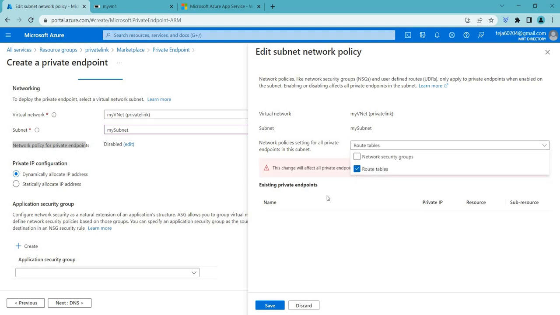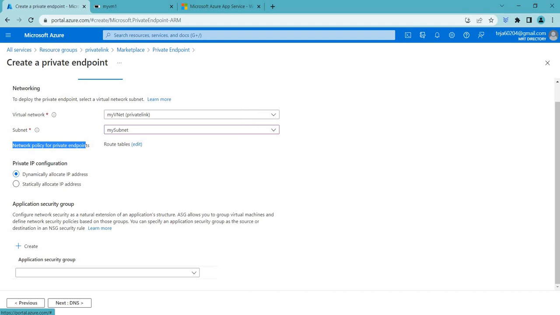Click route tables. The change will affect all the private endpoints associated with this subnet, and click save. So once this is done, the next thing is the private IP configuration. So you can see dynamically allocated IP address. So the next section, which is DNS,